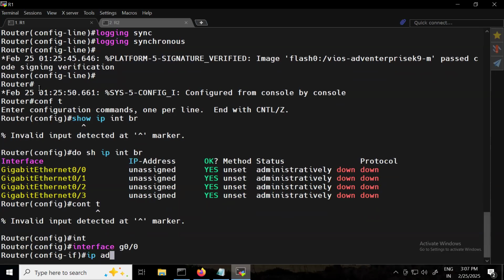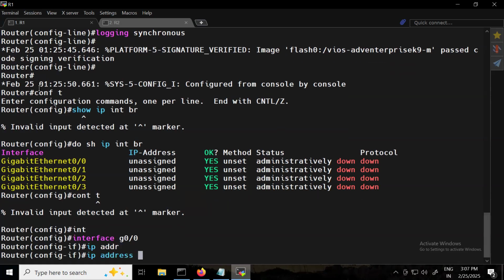Complete whole configuration. Whole configuration or just